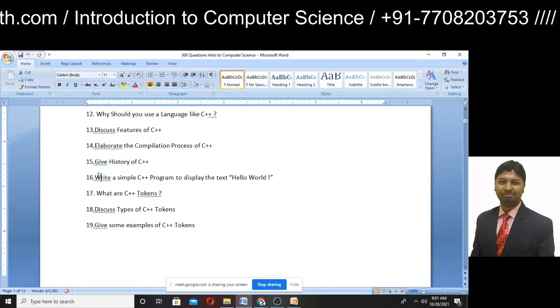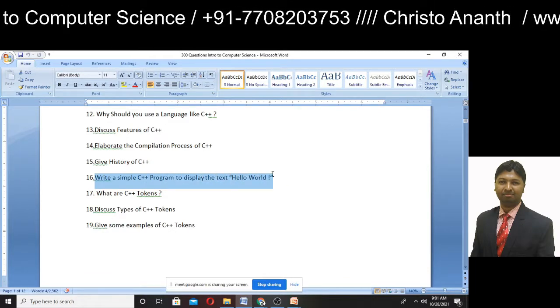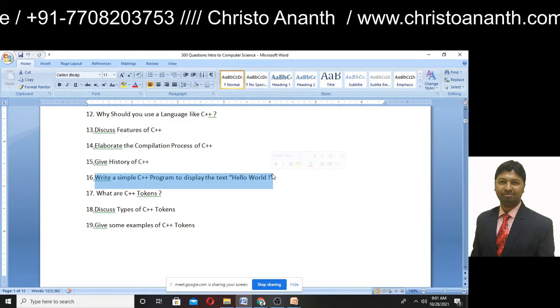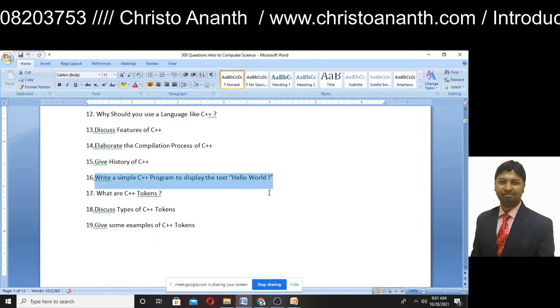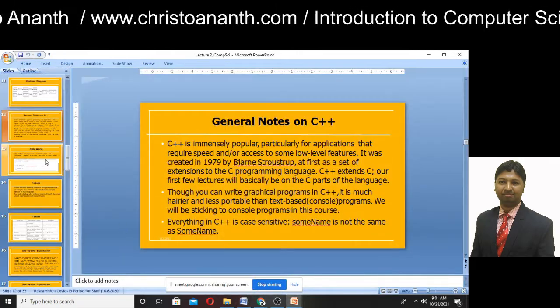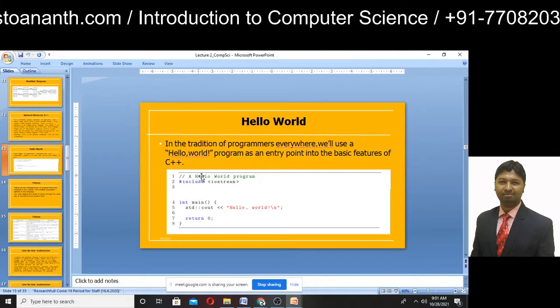And then the next question: write a simple C++ program to display the text hello world. So whenever you are asked to write a C++ program to display the text hello world, maybe you can write a program. You can include comments.